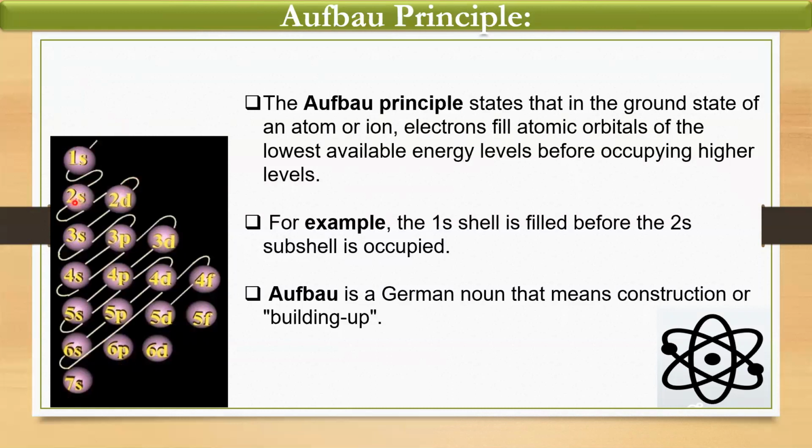You need to follow this zigzag pattern. So 1s, 2s, 2p, 3s, 3p, 3d, 4s, 4p, 4d, 4f, but it is not moving linearly. Can you see? It is entering the orbitals in a zigzag pattern. That is 1s, then 2s,